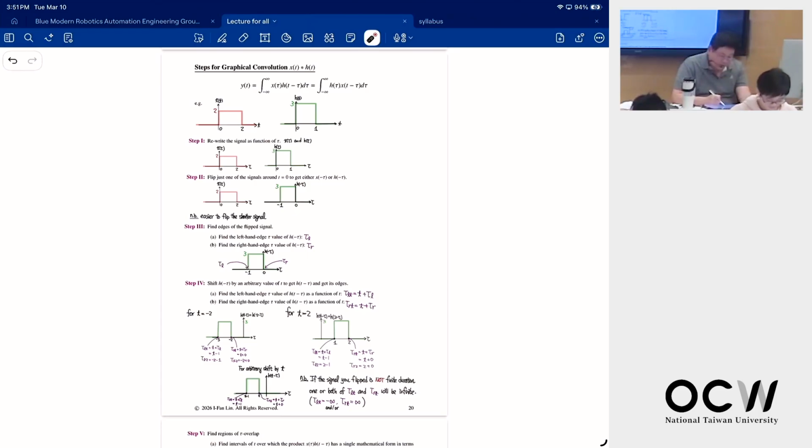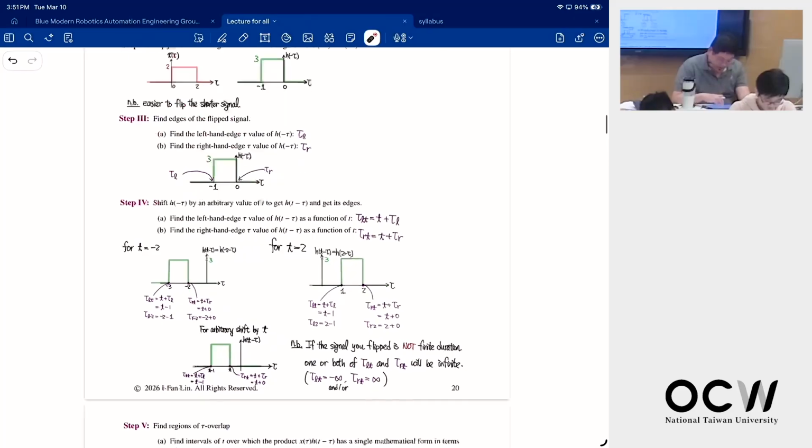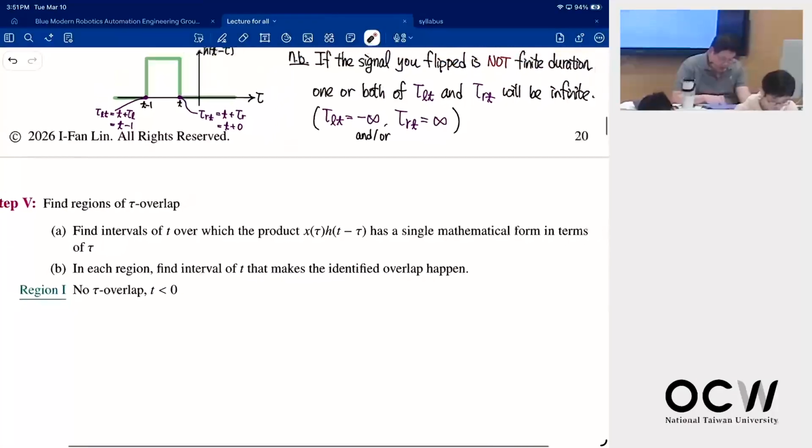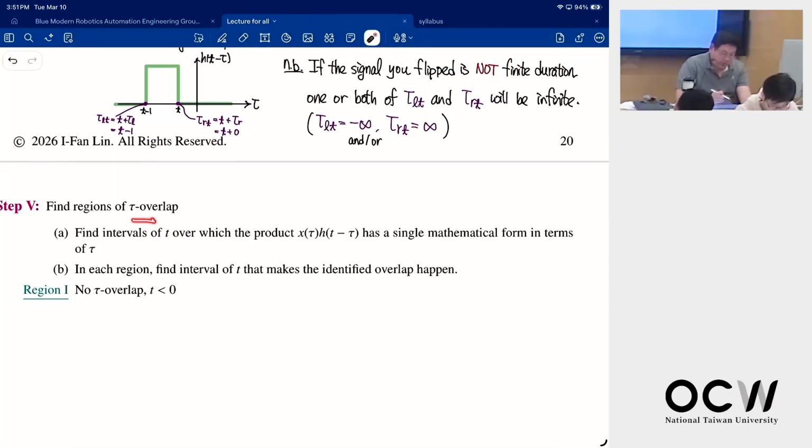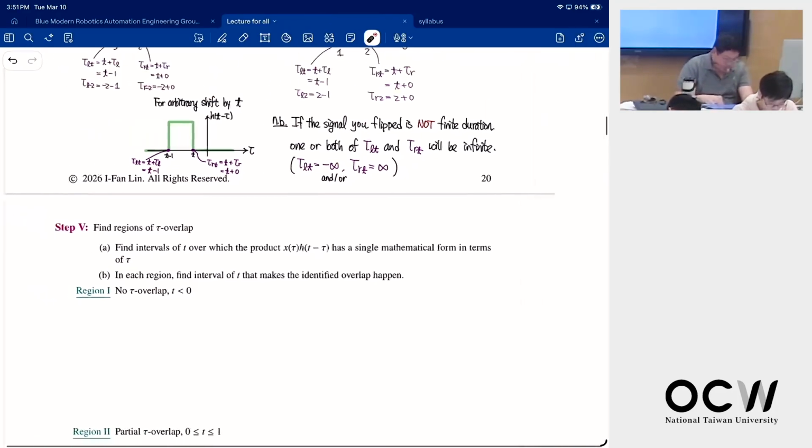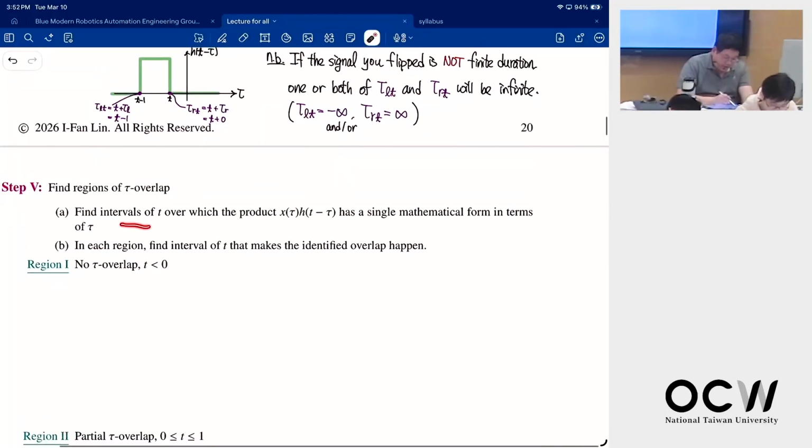Now we need to find the multiplication, which means finding the overlap. So let's find the regions of tau overlap, because when you have overlap, then you have values, otherwise you get 0. First you find the intervals of t over which this product has a single mathematical form in terms of tau. Then in each region, you find the interval of t that makes the identified overlap happen. Okay, so for example,